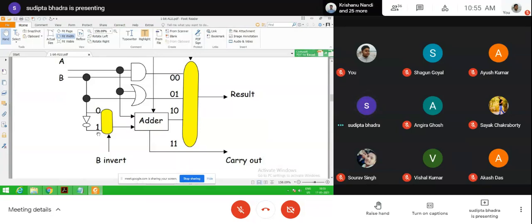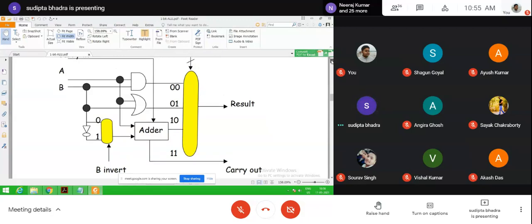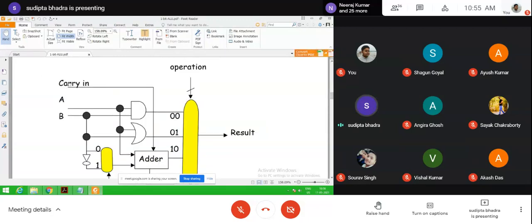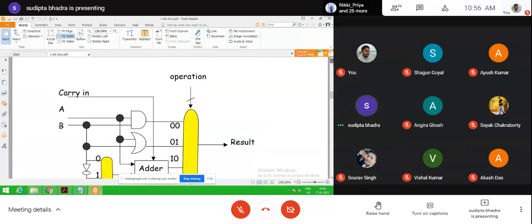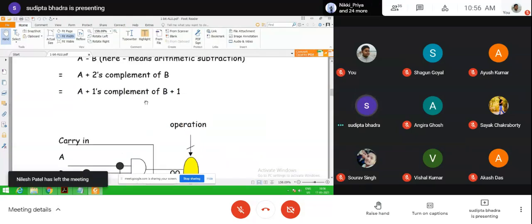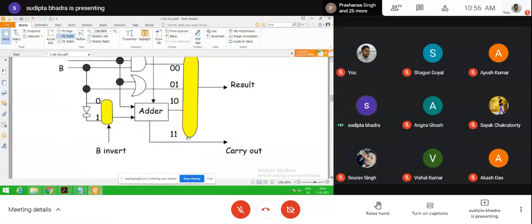If addition, then B is not inverted. Then another carry in bit of 1 is given, because in the subtraction it is 1's complement of B plus 1. So carry in we give 1, and we get the particular carry.